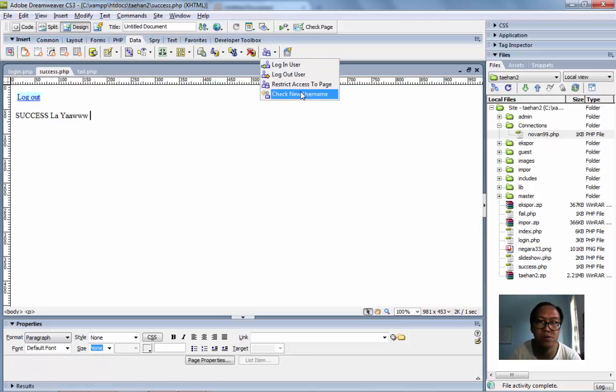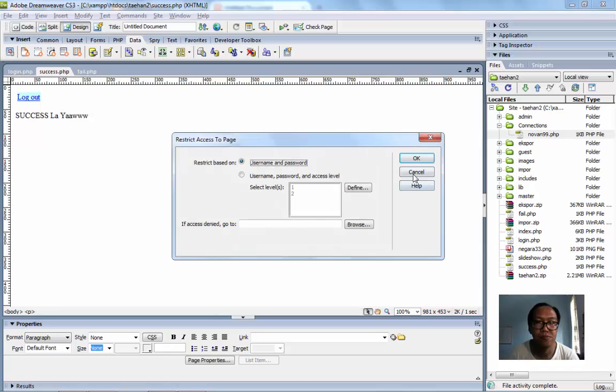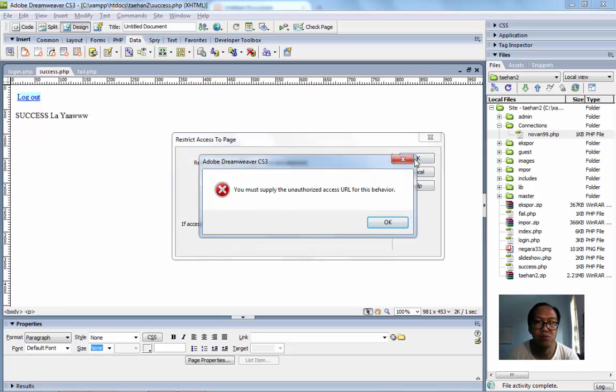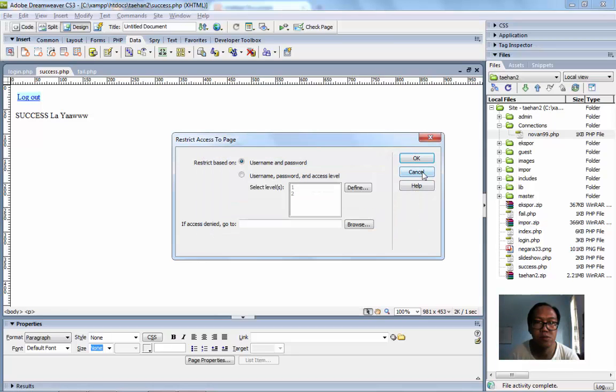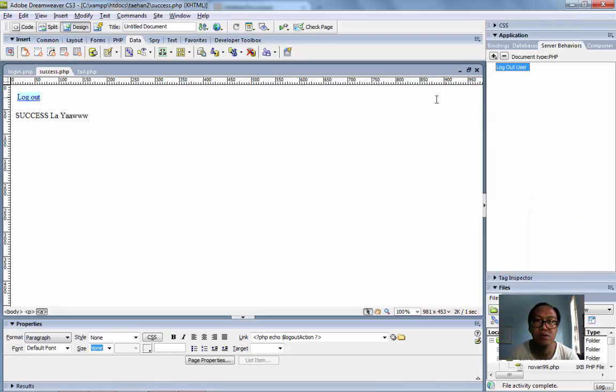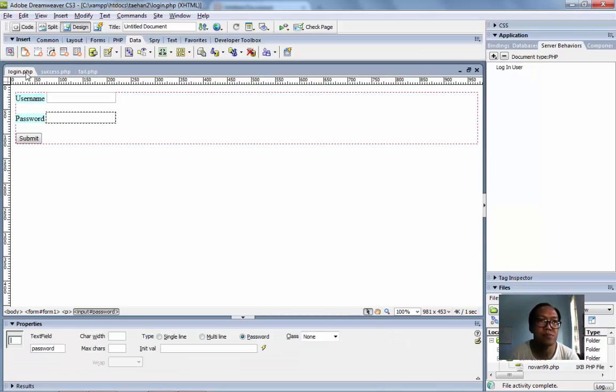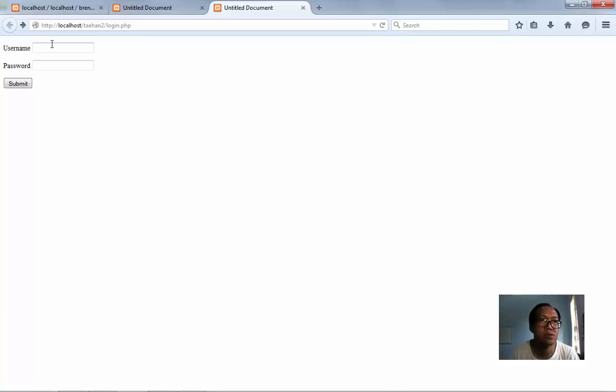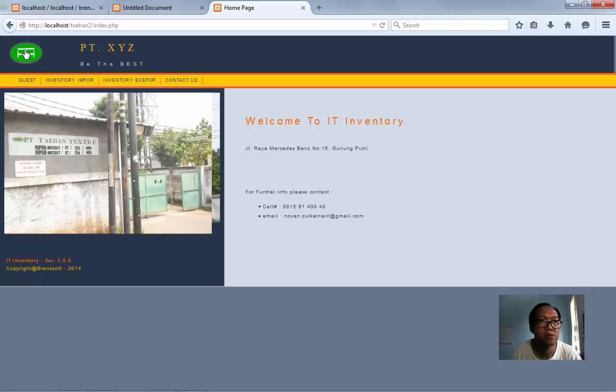In the behaviors, you see there is a logout user. So we can test it, submit, and voila, we can log out,